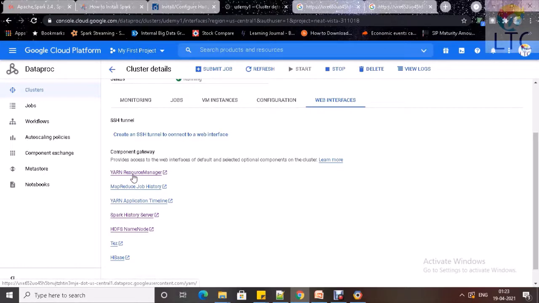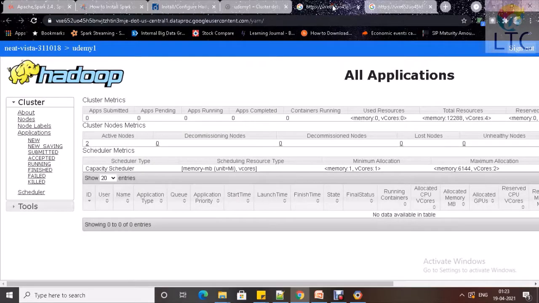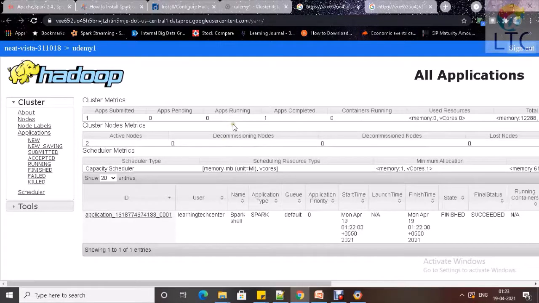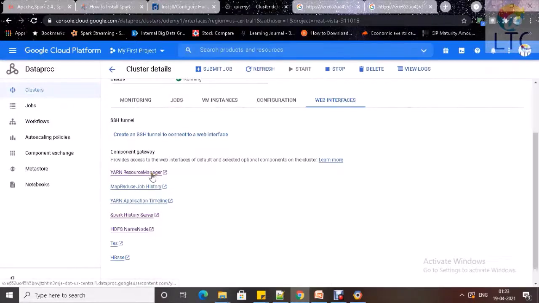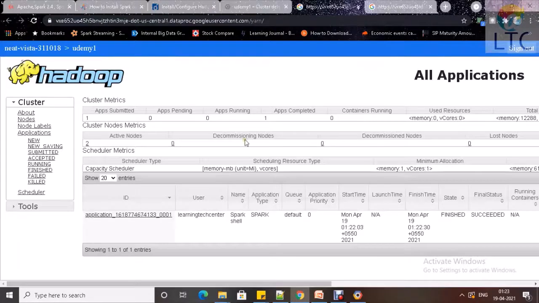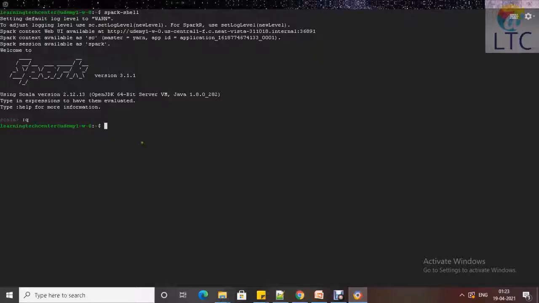So right now I ran the command spark-shell. When you run it, you also launch a Spark application, and you will see the Spark application details here. I just refreshed this YARN Resource Manager link and see, Spark shell finished because I have logged out, right? I clicked on :q. I entered this application.